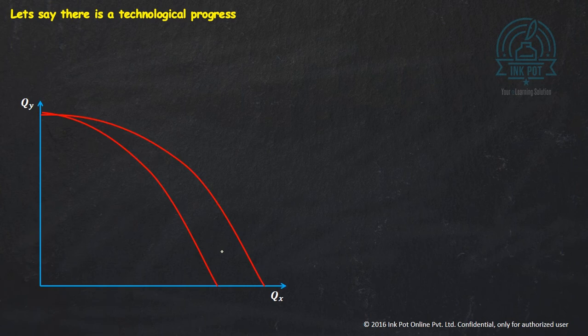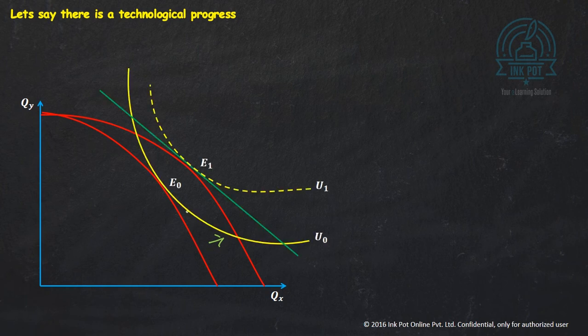So that is all that we have in Snyder, except for the one last thing, which is technological progress, a very small thing. So what happens if there is technological progress? With technological progress, one good increases, the other good doesn't. The good in which technological progress happened increases, the other doesn't. Here also, by the same hit and trial, we figure out the equilibrium price. So initially we could be at an equilibrium price at E naught, and then later on the price could increase or decrease depending upon the supply change. So this is all we have here. You mostly get a question from Snyder from this portion only. So it would be better if you do it nicely from here and obviously from the handouts as well. Thank you.